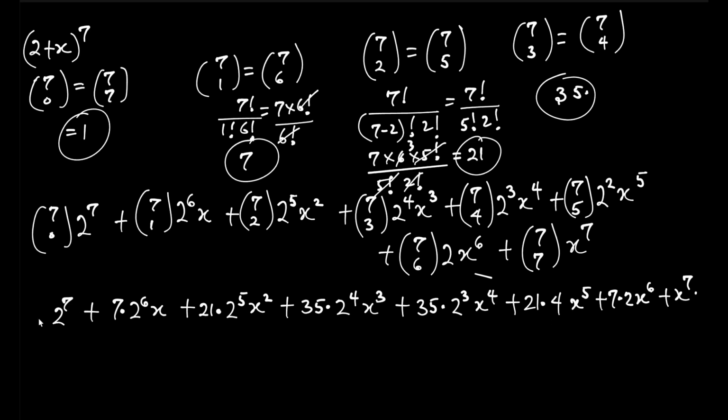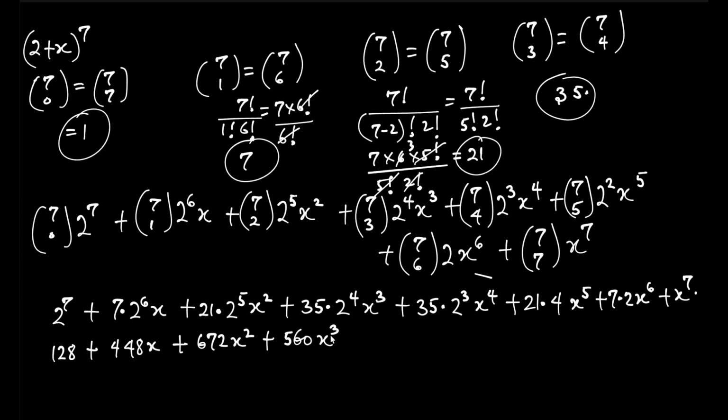When you go on with this expansion, 2 to the power of 7 is 128. So we have 128 plus, now 7 multiplies 64, so that gives 448x, plus 21 multiplies 32, I beg your pardon, so that gives 672 x squared. Now this plus 35 multiplies 16, so this is going to be 560